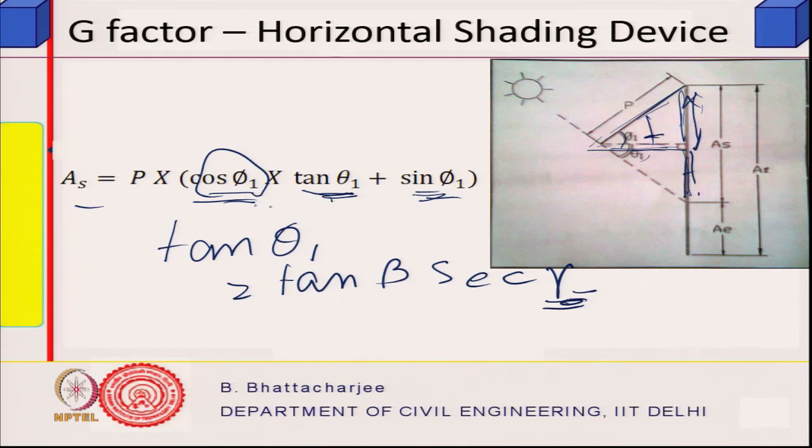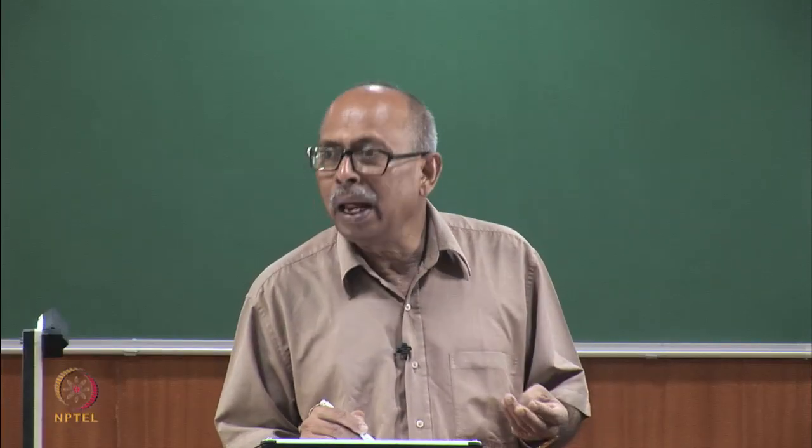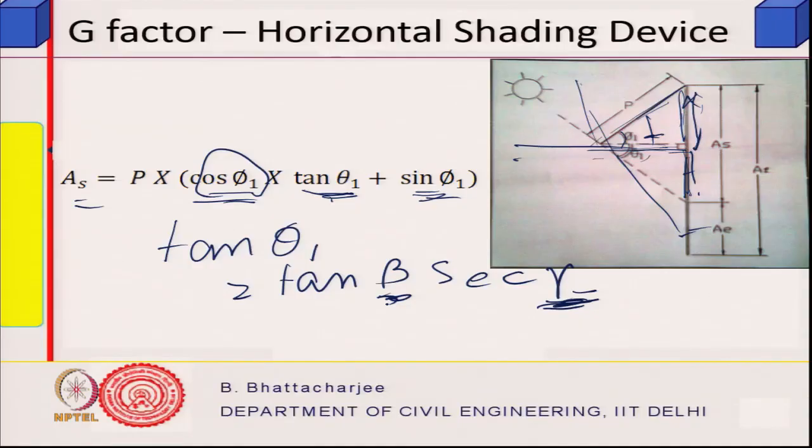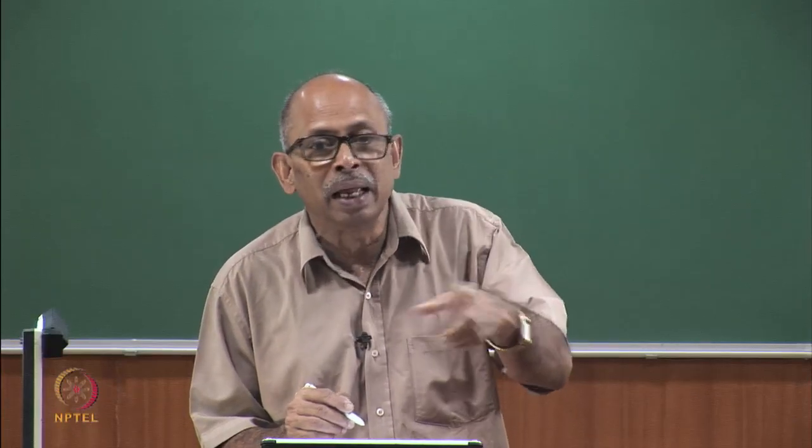It will be a function, this AS will change with time, because some other time the sun will go there, so sun goes there, it blocks this much. Some other time sun goes there, so it blocks somewhat less, and so on and so forth. So portion of the area you can find out, and this is a function of time, hour angle, declination and latitude angle and wall orientation. This is again hour angle, latitude and declination. So therefore it is a function of the time of the day in a year, on a given day, at a